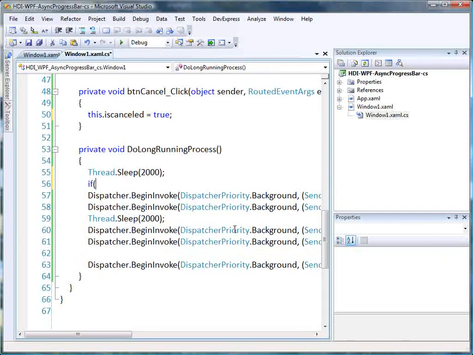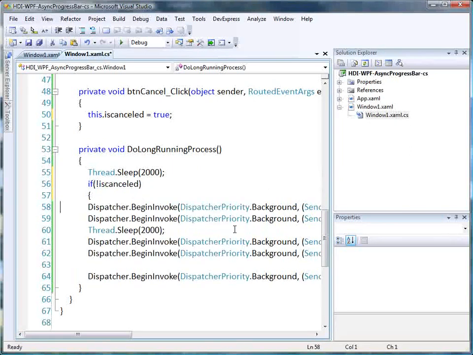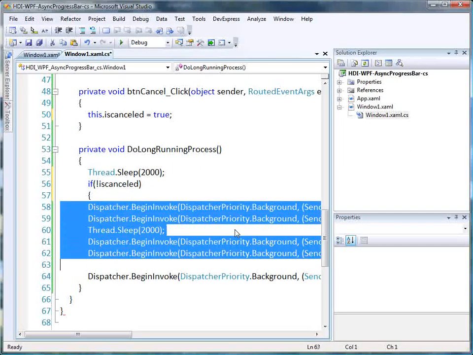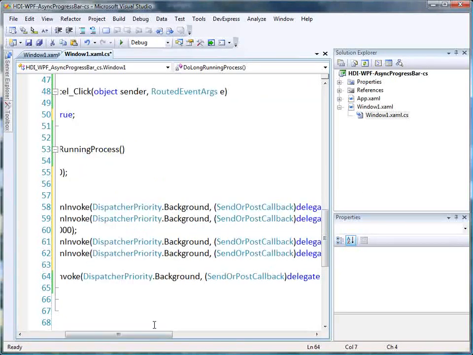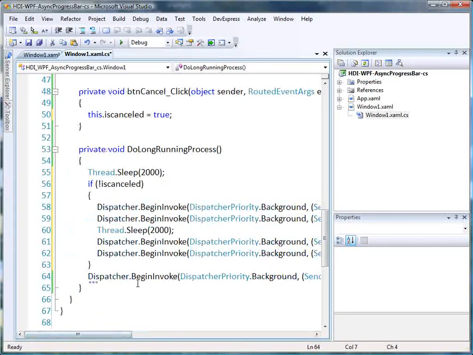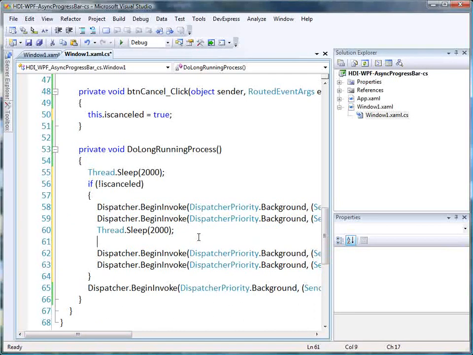So we'll just say if not isCanceled, continue with all of this. And whether we're canceled or not, we still want to close our progress dialog, so we'll leave that there, and then we'll check it again after our second Thread.Sleep. So if not isCanceled,